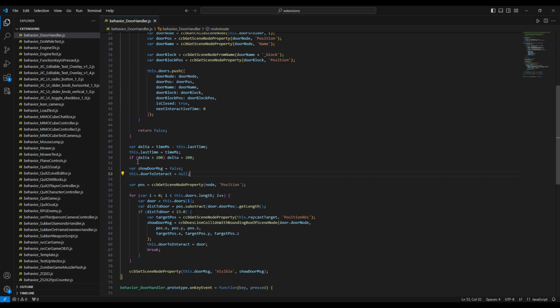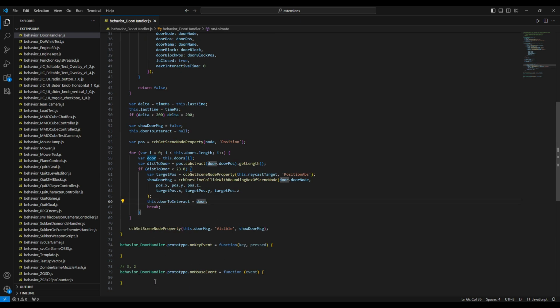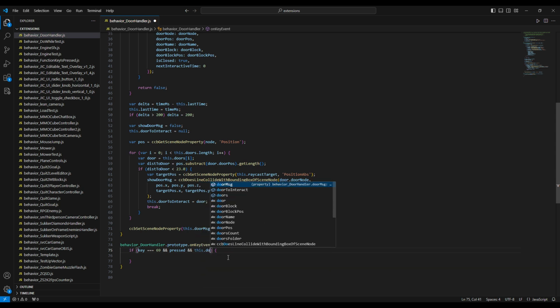So every frame we will nullify it, and if there is a door to interact, we will assign this. So now let's go to our key event here, and we add a single event. So if key equals 69, which is the code for E on the keyboard, so it's the E key, and if it's pressed, not released, and also if there is a door to interact, if all these three conditions are true, in this case,